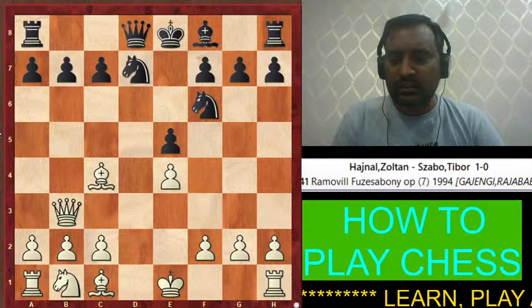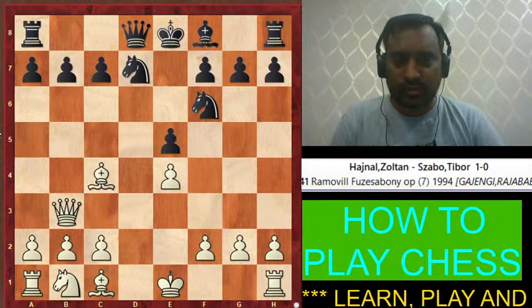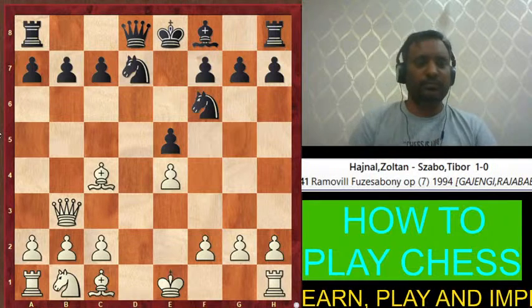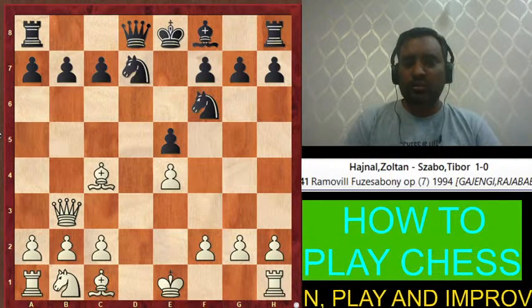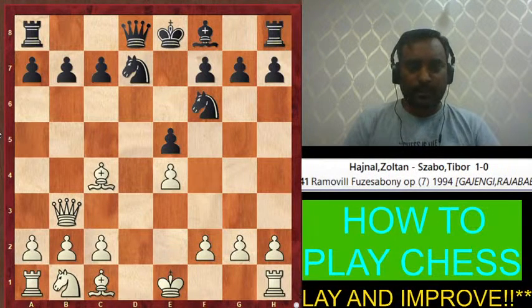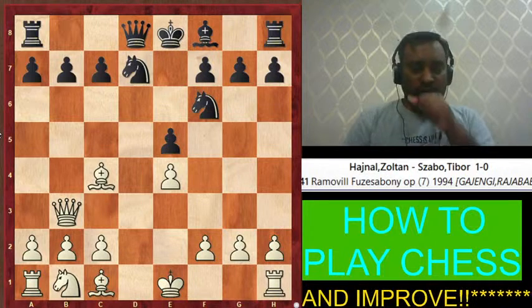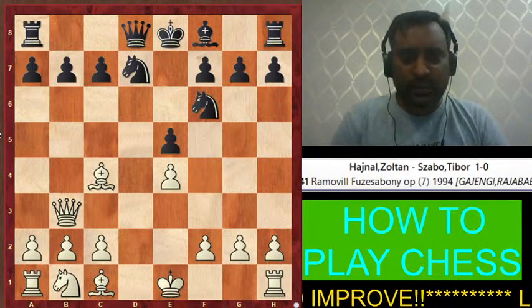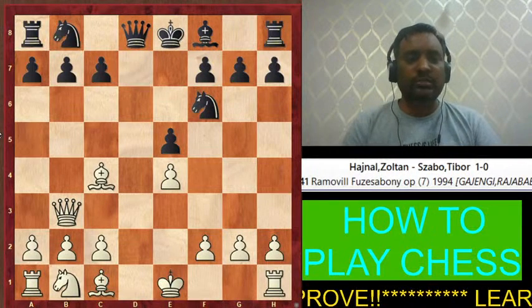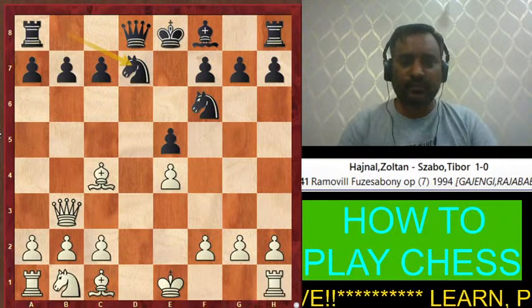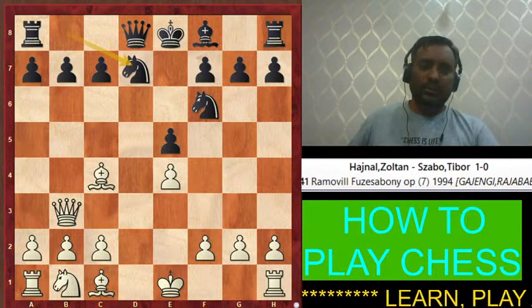So if you answer this, then I know that you have understood. फिर मुझे पता चलेगा कि तुम लोग को समझ में आया है. Okay, so how should white checkmate the black king, because this move is a mistake. Come on, guys.